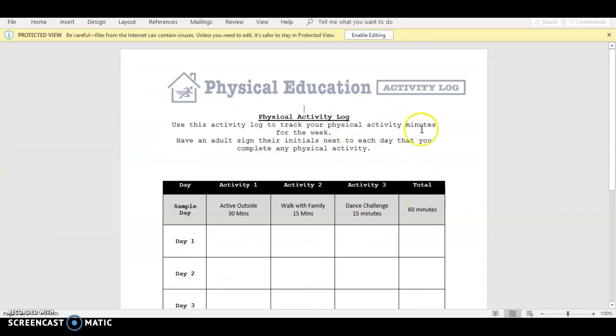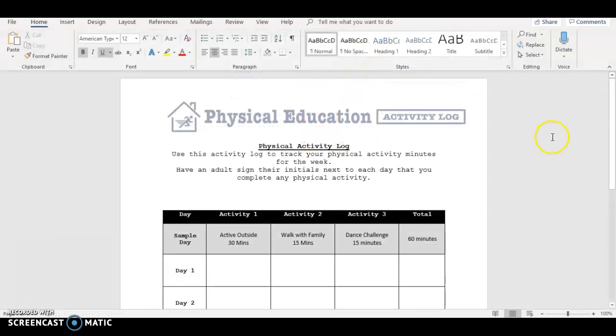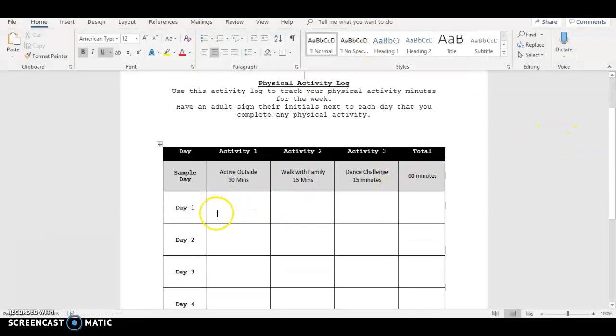Okay, so here it is in Microsoft Word. Right up here it says Protected View, Enable Editing. I need to click that so that now I can fill it in. Up top here is just a sample day. It's just to show you how you would fill it out. Day one,